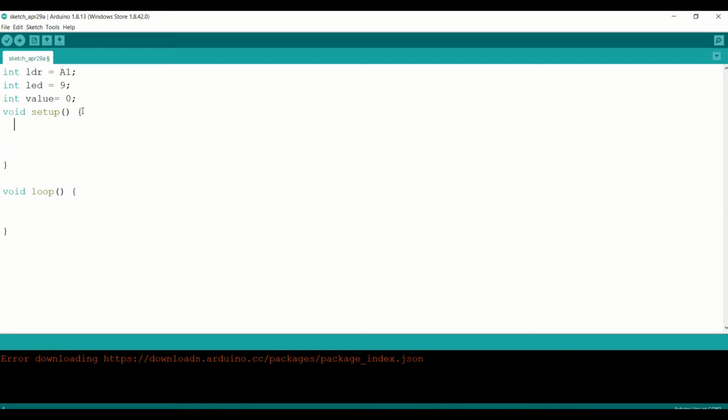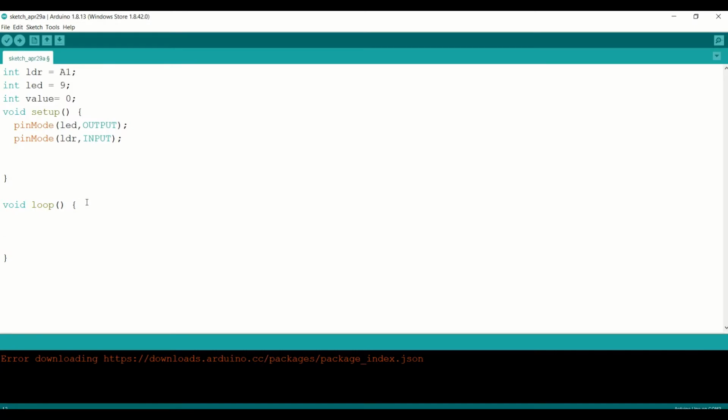And then in the void setup we'll write pin mode LED and define that as output. And then pin mode LDR and define that as input. So guys, now let us move on to the void loop.